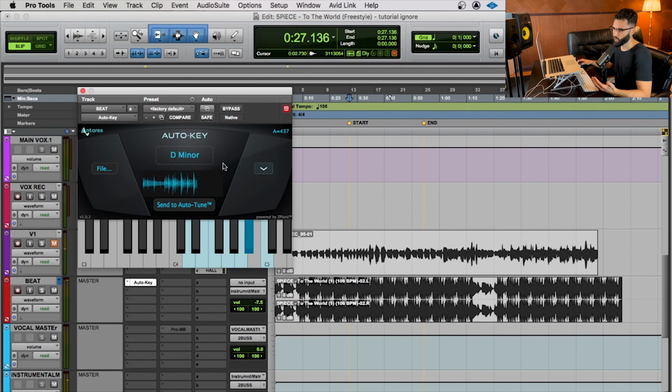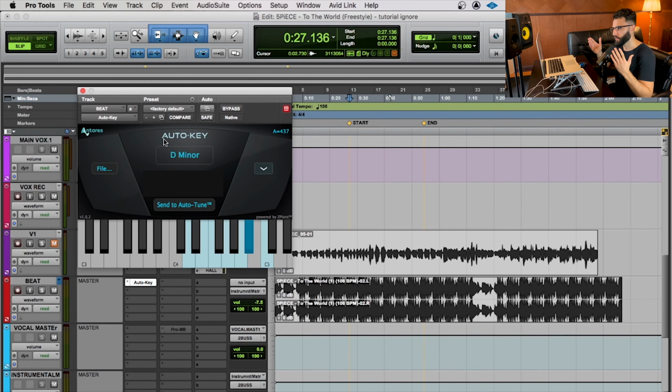So I let it play a little bit longer, obviously, because I want to make sure that it's getting the right key. You saw that it was B flat major first, and then it switched back over to D minor. It's not a glitch or anything. It's just obviously listening to what's happening. It's seeing which notes are being played. And as a song progresses, more notes may come and go, and it might be more indicative of what the